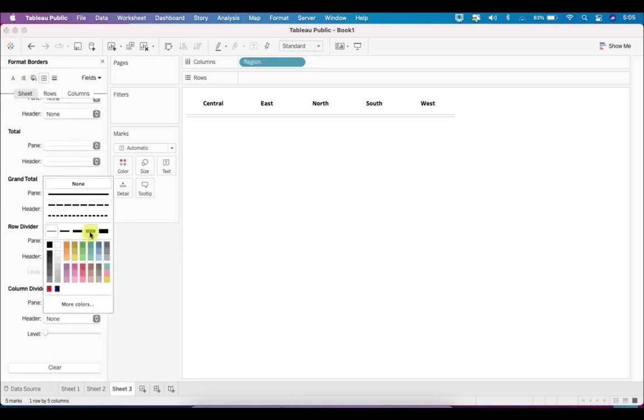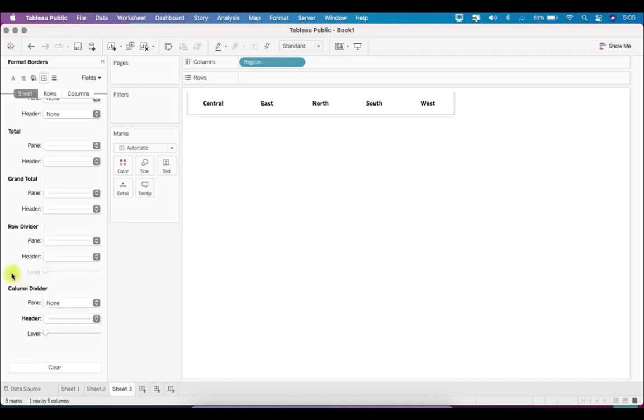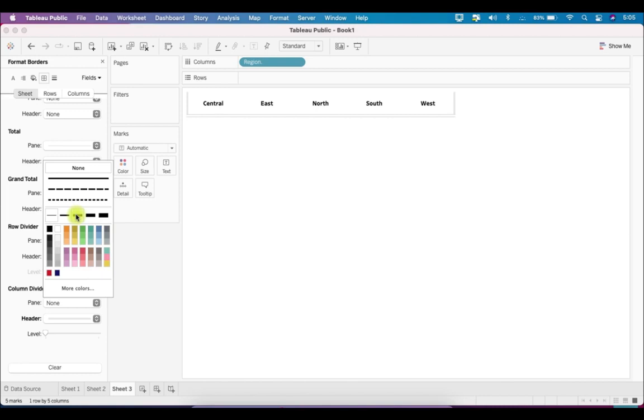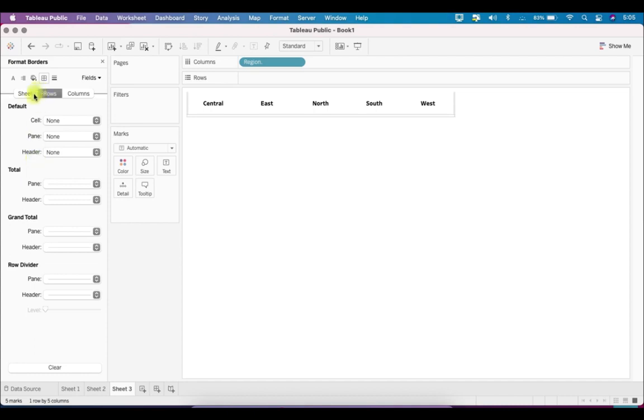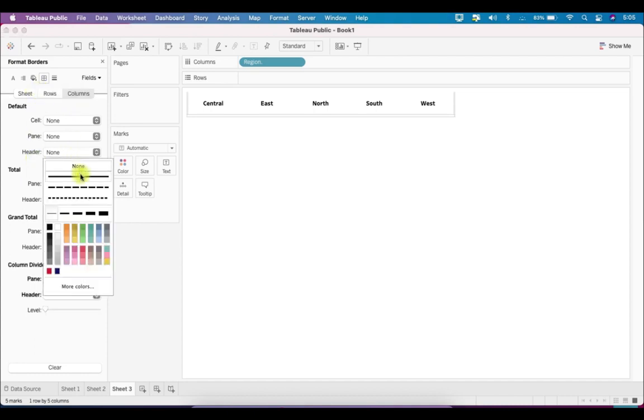So border, I want, let's say, this slightly gray, and this also slightly gray, and then we can have in columns header, this one, and this one is also done,